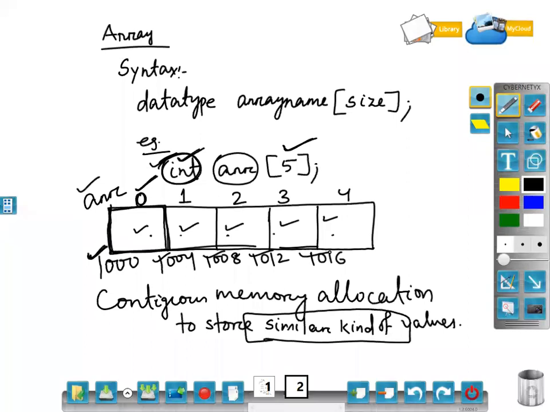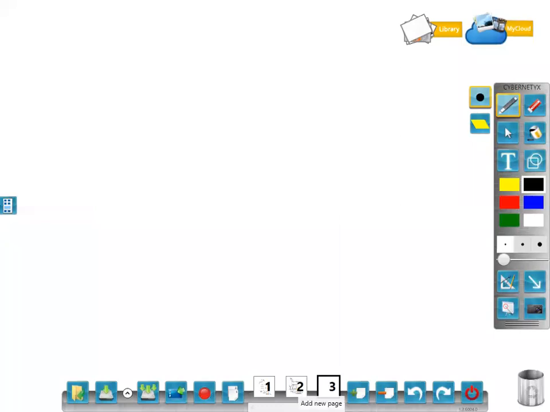Okay. Now by using the concept of array, how will I write the program? Clear? So, write a program to declare an array. We'll go sequentially by easy programs.